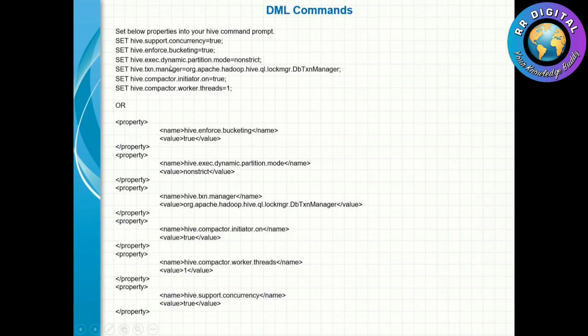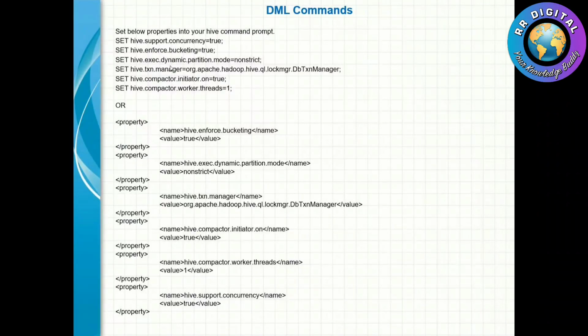Or else we have to add these set commands, but performance will be very low. Hive supports update and delete, but it still gives very low performance. In real time, the Hadoop admin team takes care of these properties.